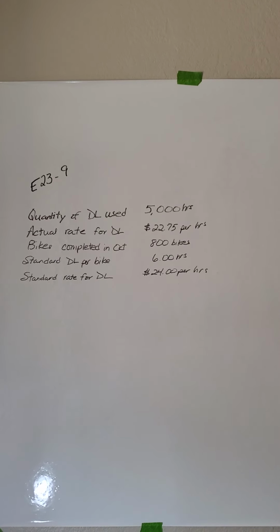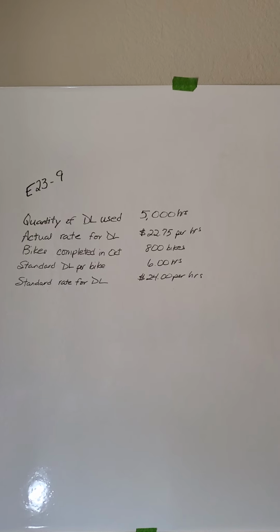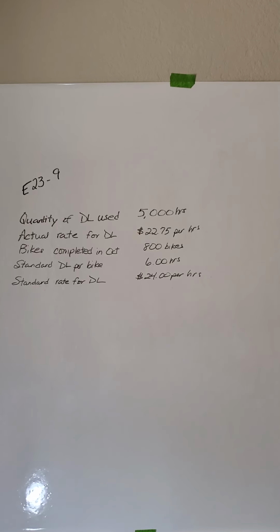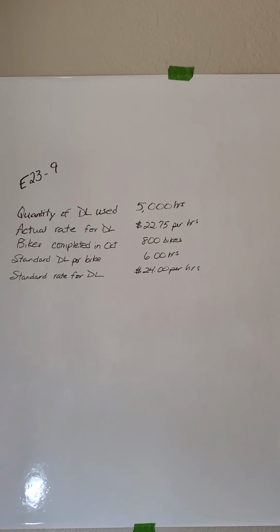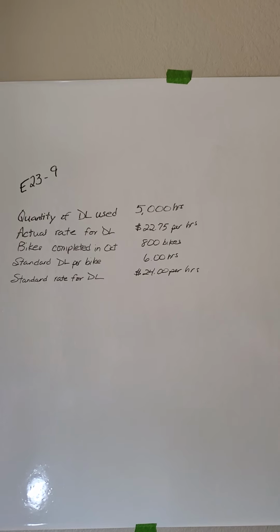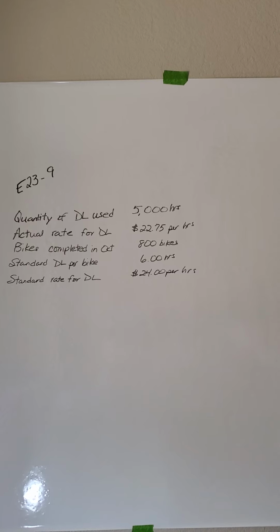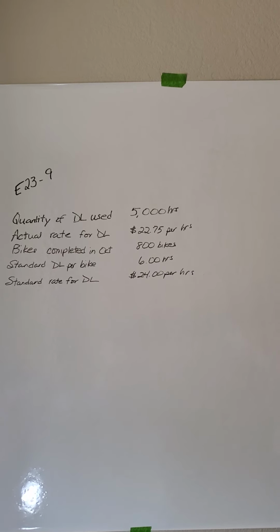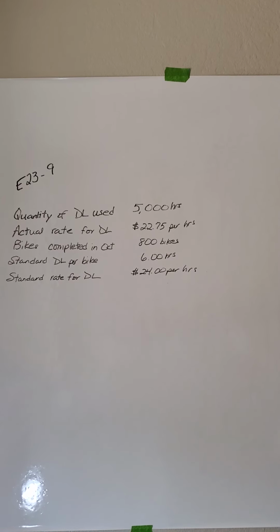All right, moving on to exercise 23-9. Glacier Bicycle Company manufactures commuter bicycles from recycled materials, and the following data for October are available. They tell us that the quantity of direct labor used, this is going to be our actual hours, is 5,000 hours. The actual rate for direct labor is $22.75 per hour. The bicycles completed in October are 800 bikes, and the standard direct labor per bike is 6